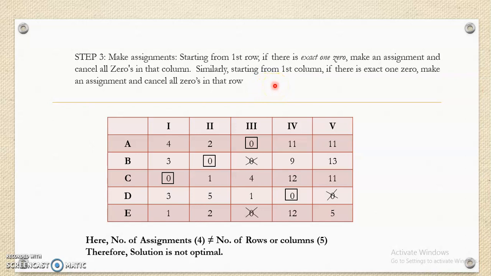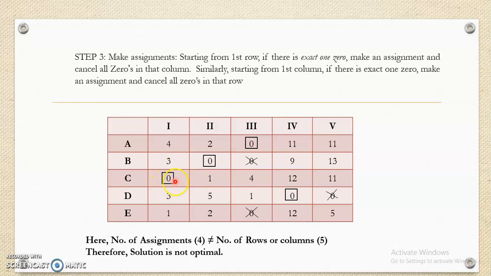If a row or column contains multiple zeros simultaneously along the rows and columns, in that case randomly we can assign anyone. So on the column operation table, assignment is done. If you check in that table, first row has exactly one 0, so assign that 0 first, then cross the extra zeros. If this 0 is crossed, this row has only one 0, assign this one, and if there are extras, cross them. So there is no extra 0, so the crossing is not done.